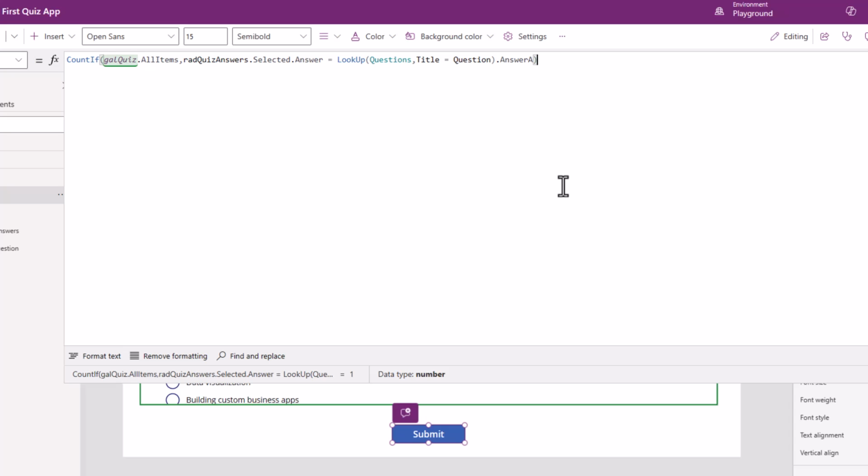So that should then give me the correct number of answers, and we can see already based on that expression I've only got one of those answers correct. Now, because I've got 5 questions, that's 20%. I would want to divide that by 5, and I can put a divide in, and if I use the